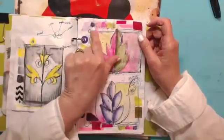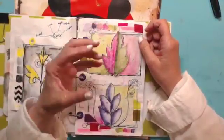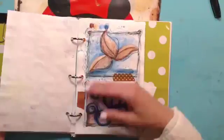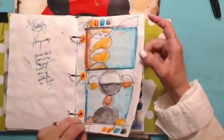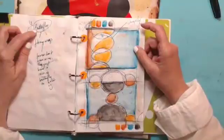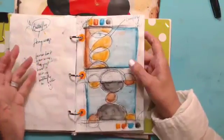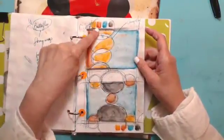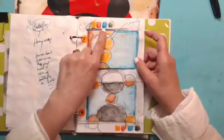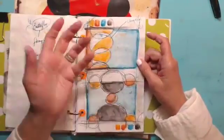So using just the Neo colors to do little blocks of color is what I used, I think, back when I did these. They're just all different colors. Like from the word butterfly, we did fairy wings. And anyway, we did a whole thing on that. I won't go through all that, but like here's orange, sienna, a kind of teal blue, and a dark gray, just showing the kind of combinations. Like you may not think